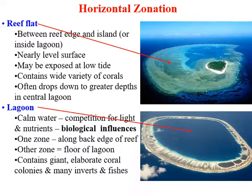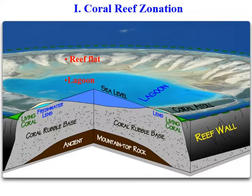And then you get into the middle of an atoll, you get farther away from the edge in a lagoon, in a barrier reef, and it's deeper. There's still corals there. It's a very good place to be in terms of photosynthesis and nutrients and light. But it's similar to what we saw with the rocky shore, where there's a lot of biological competition in this area. So you find this tongue and groove, you find this reef rubble, and in between the edge where the coral is growing most quickly and the middle of the lagoon where it gets to be deep, there's a lot of different things there. So here's another representation of